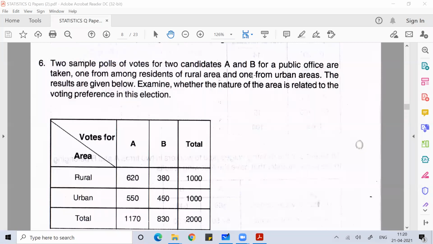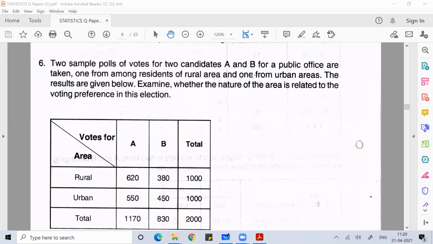So now we'll discuss, or the better word would be, we'll revise the problem of chi-square statistics. Already in my previous classes, I have discussed chi-square problems, and I think you should be in a position by this time that you can solve the chi-square problem very easily. So you can see this question which came in the 2016 question paper. Always chi-square problems come for 5 marks.